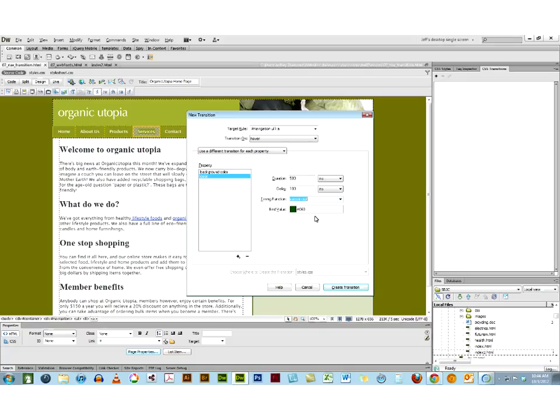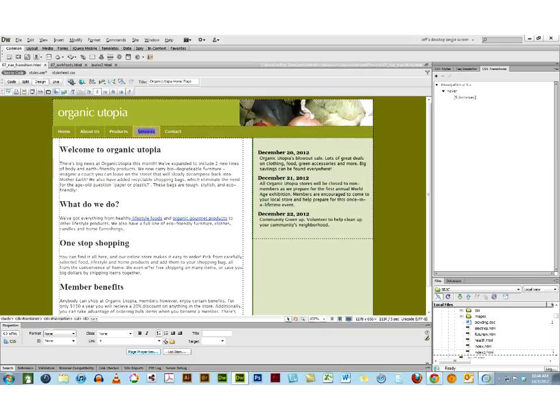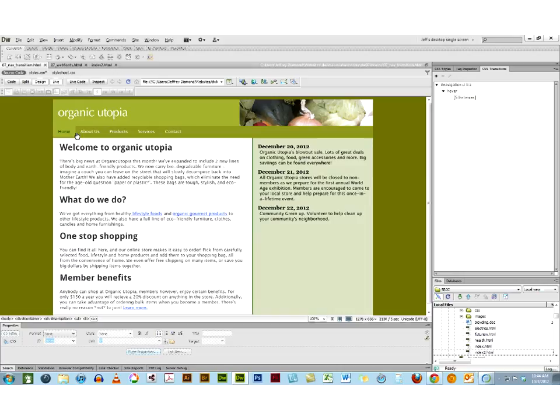In other words, it starts slow, it stays constant, and then it ends slow. And I can click on create the transition. I'll go to live view. I roll over this, and we see that really nice little transition occurring